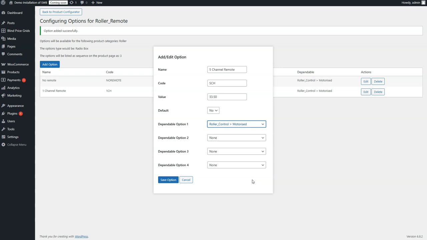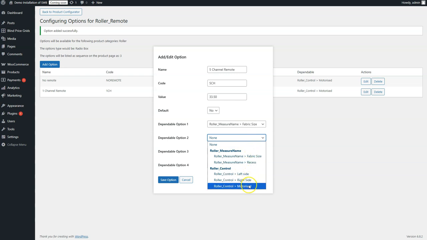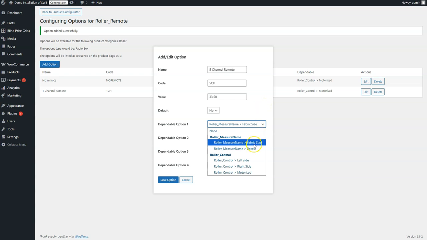In this version of the plugin, we have only enabled 2 dependable options. The third and the fourth are not yet in use. However, in the next release version, those 3 and 4 will also be available. In this case, if I would say that this depends on fabric size and also depends on motorized, those 2 options must be ticked by the customer before this 5 channel remote is going to show as a price, else it will not display. So we'll just leave this like that, and you will try it a bit later. Okay,